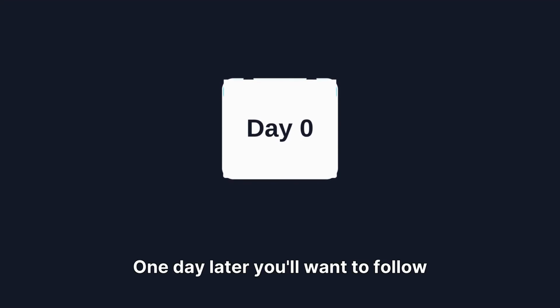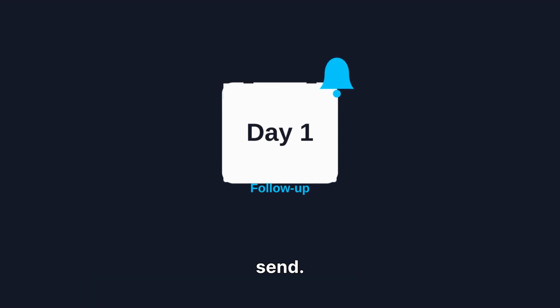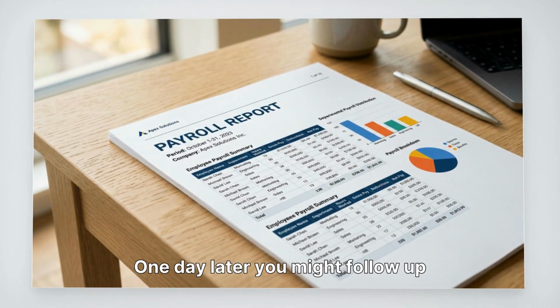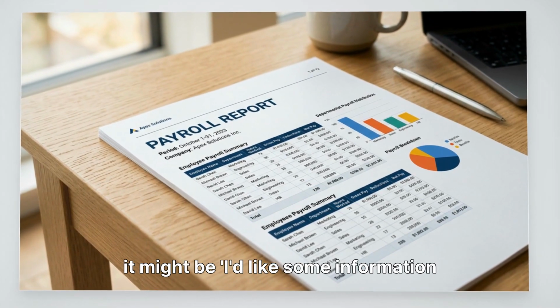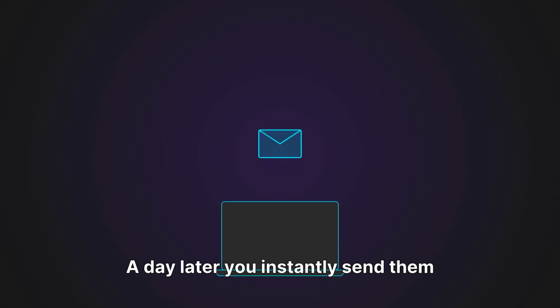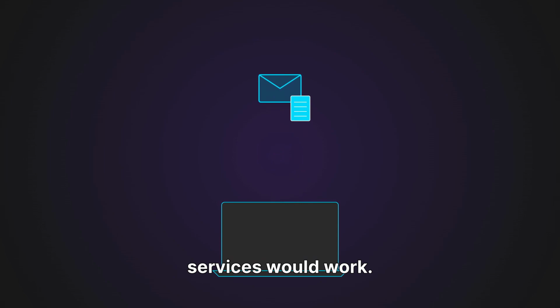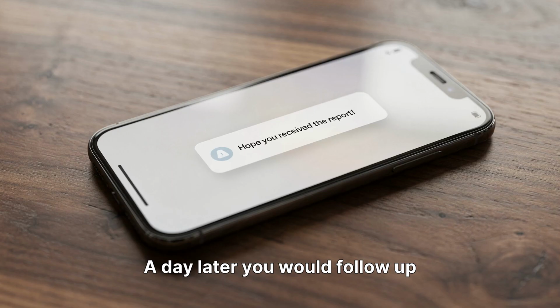1 day later, you'll want to follow up with them to see whether they've received the information that you wanted to send. 1 day later, you might follow up with some more added value. So it might be, I'd like some information on payroll. A day later, you instantly send them a report on payroll, how your payment services would work. A day later, you would follow up with them and say, I hope you received it and had